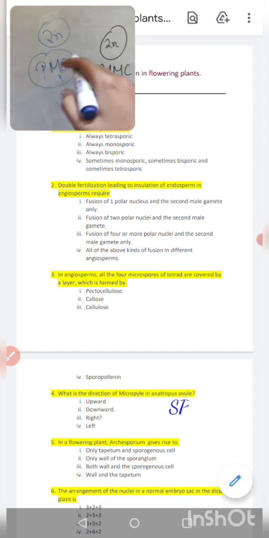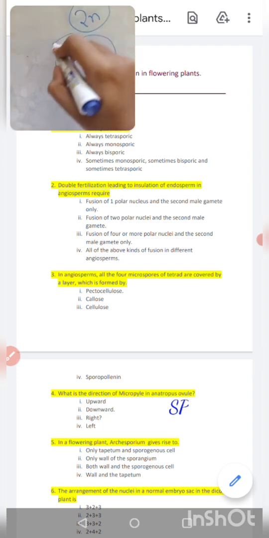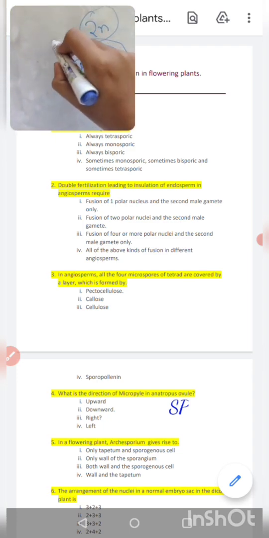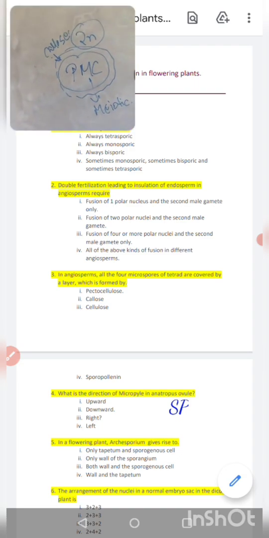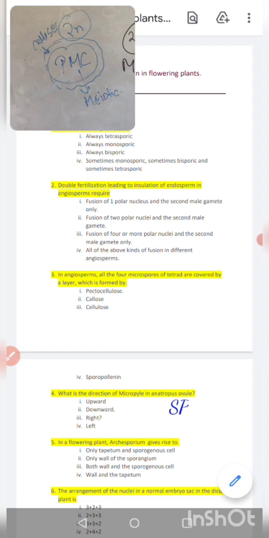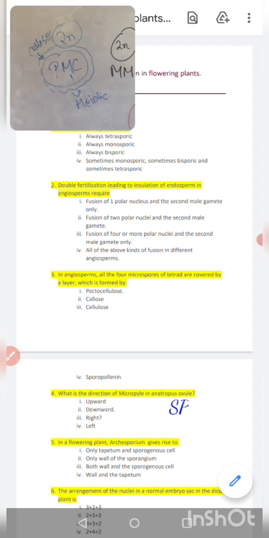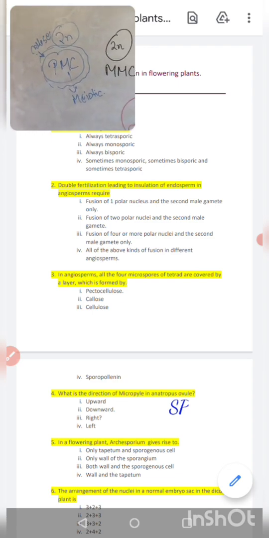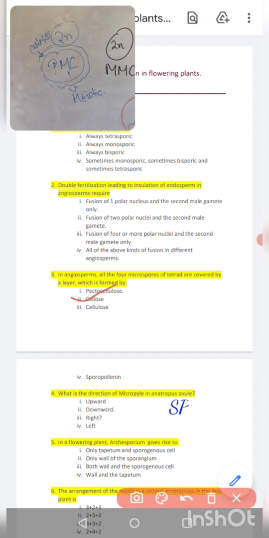So during the stage of the PMC, that is in the diploid stage only, the callose layer gets deposited on the outer surface of the PMC. And when this PMC undergoes meiotic division to form the pollen grains or microspores, this callose will be transferred to that part also. So the answer will be, student, callose, for number 3, callose.